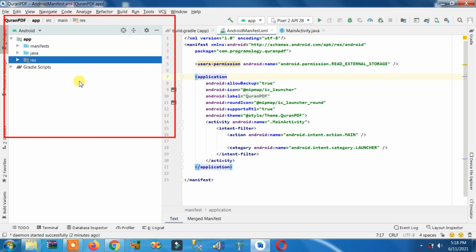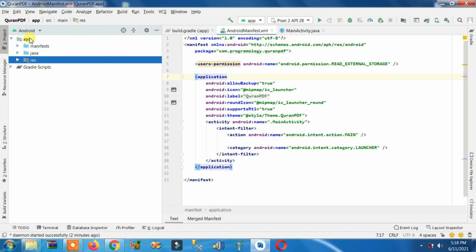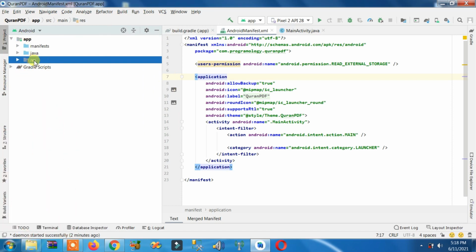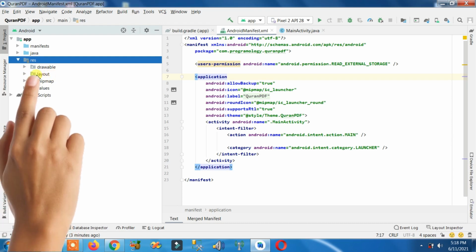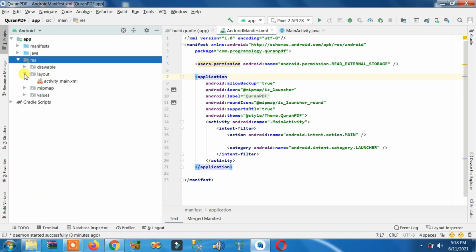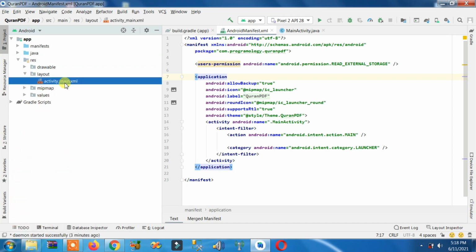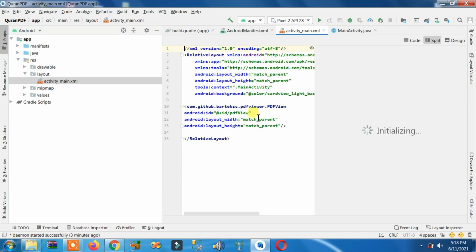Here you can see on the left side the res folder under app, res, that stands for resources basically. Well, just click on it to see subfolders. Here you will see layout. Click on it to explore subfiles. That's it, man. activity_main file. Just double click on it and then it will be reopened here where you want to write your code.